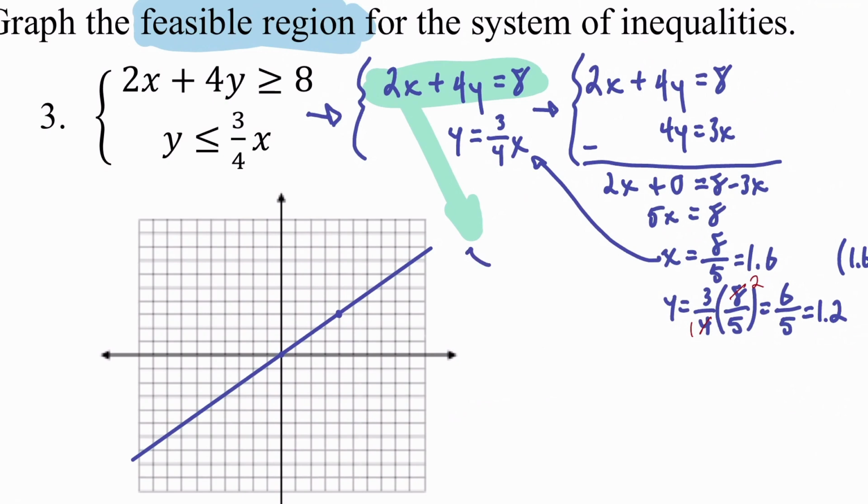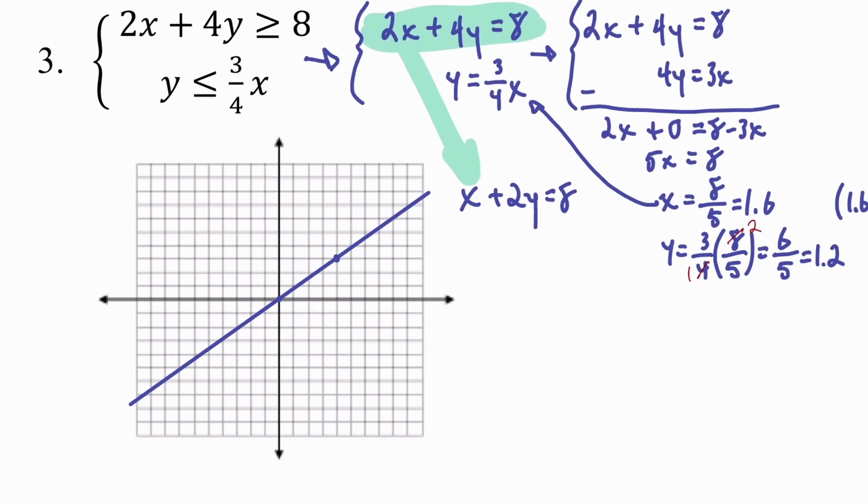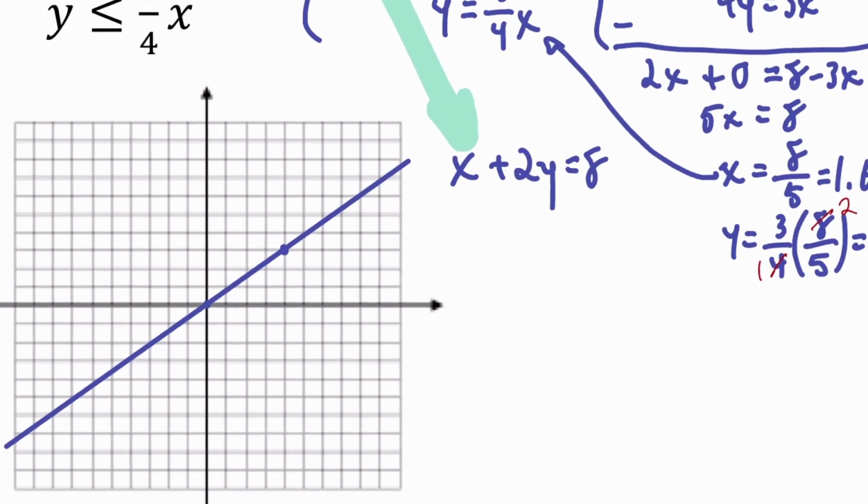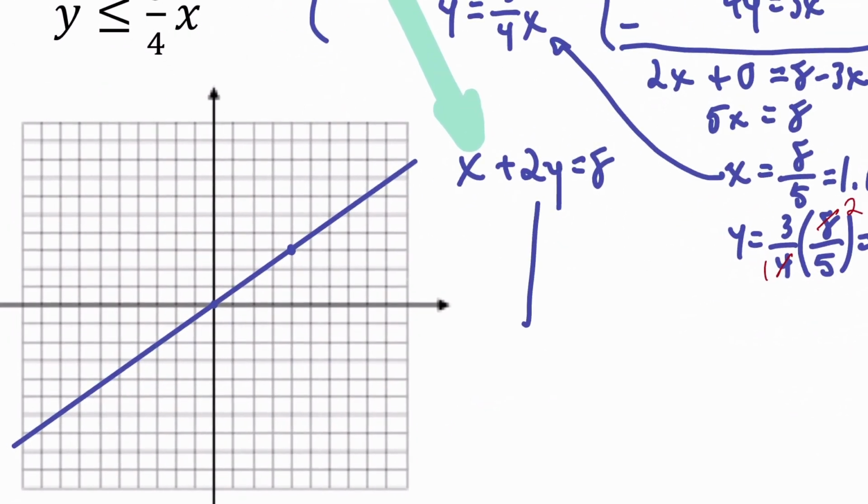So x plus 2y equals 8. And then I'm going to isolate y because I kind of like this in slope-intercept form, because that might make it easier to graph. You don't have to do it that way. We could use intercepts. Yeah, let's use intercepts. That'll be fine. So if I want to graph this with intercepts,